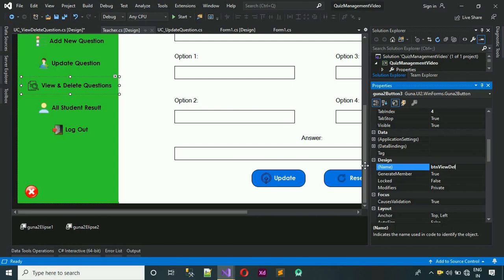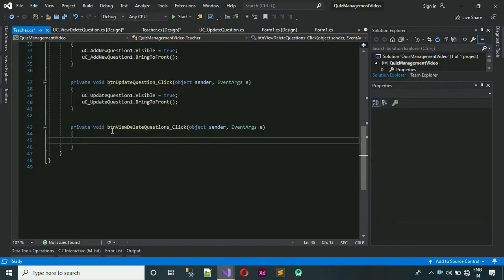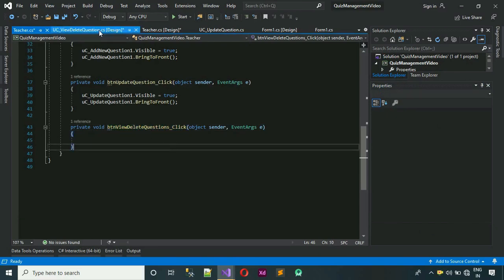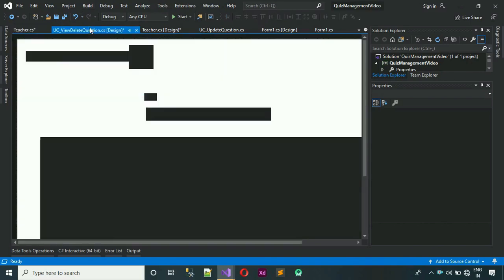delete questions. Hit enter. After this, double click on this to generate a click event for this one, that is ptn view delete question underscore click. And before we code anything over here, first thing what we have to do is